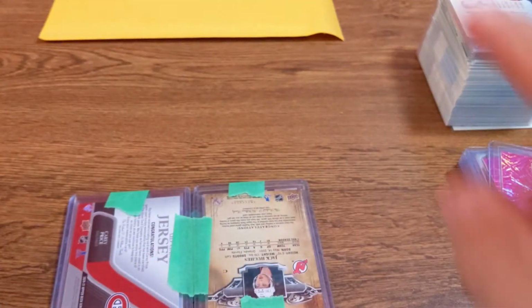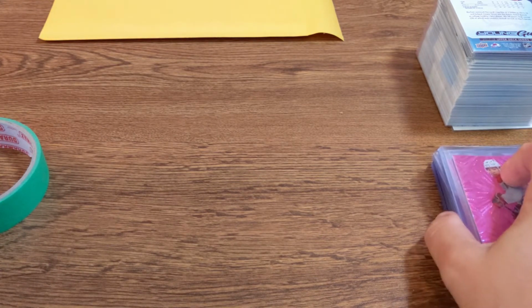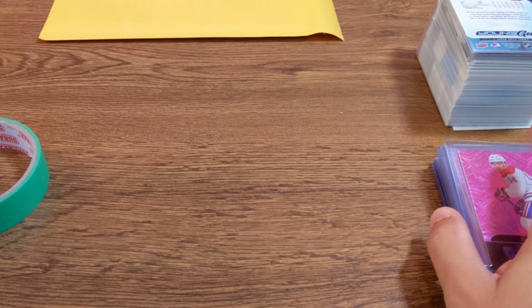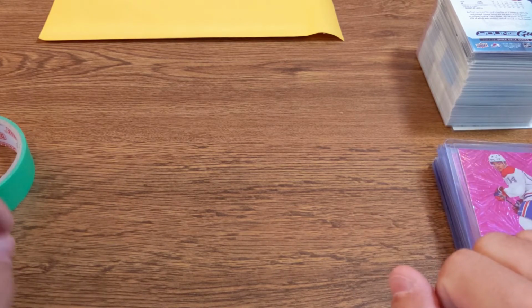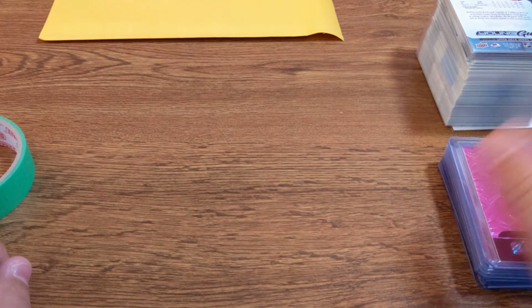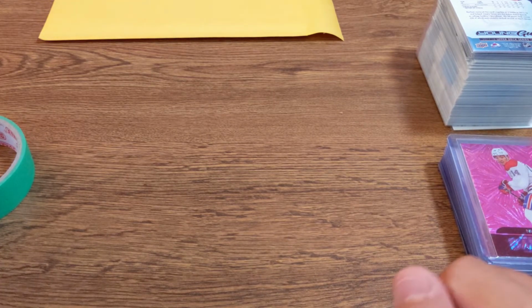If you have just a little more of those, the thing is, the more top loaders that you add into your envelope, obviously the heavier it will get, and then it can have an impact on your postage price. Once again, if we're talking about cards that are valued in the hundreds of dollars, you ship one at a time with tracking, and okay, you don't care about this stuff. But if you've got